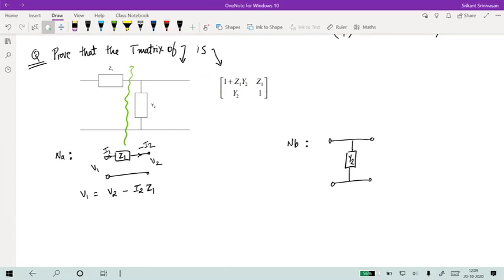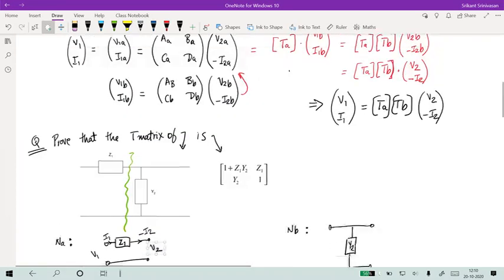So you know that there is only one current in this path, due to conservation of current. So I could always say that, let me just write it down. I1 is equal to minus I2. That's straightforward. And I can say that V1 is some voltage over here. That voltage is equal to I1 Z1, the voltage drop across this element, plus V2. So I could have written V1 as I1 into Z1 plus V2.